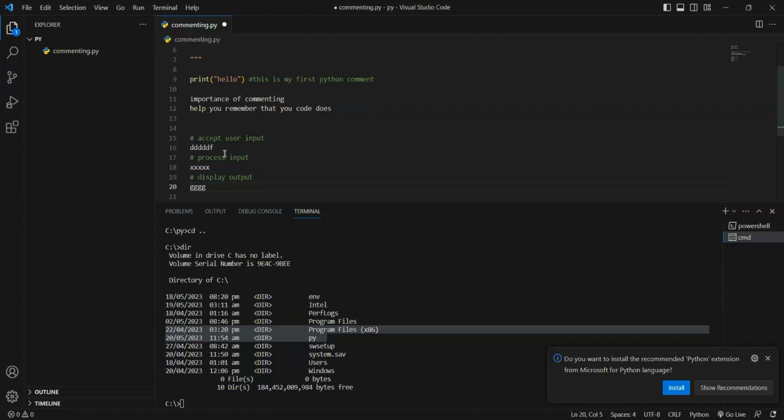And then also by this, I also commented my code. So if I know that everything from here to here is about accepting the user input, everything from here to here is about processing the input, everything from here is also about what? Displaying the output. So you can use commenting to outline the code. And use commenting for